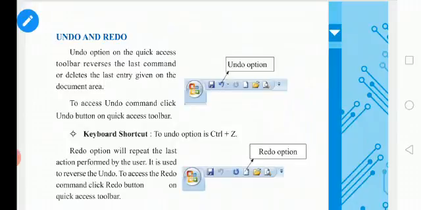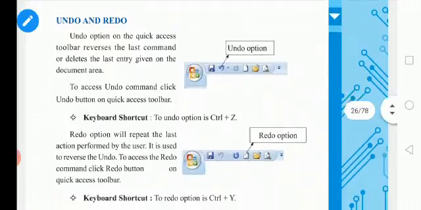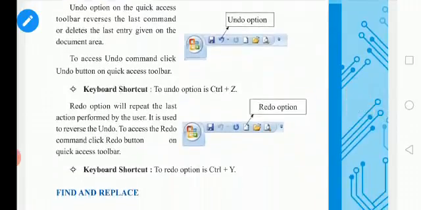For that, if you click undo, the last action we performed will be reversed. Reversed means it will be cancelled and the deleted line will appear in this place. So for that, the undo option is given. This undo will be there in the quick access toolbar. The shortcut key for this is Ctrl plus Z.